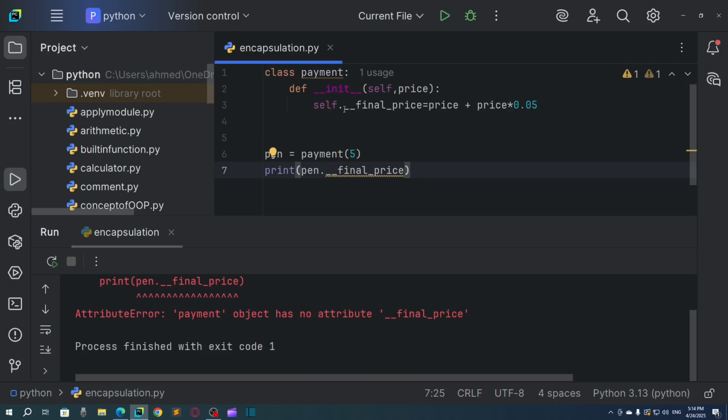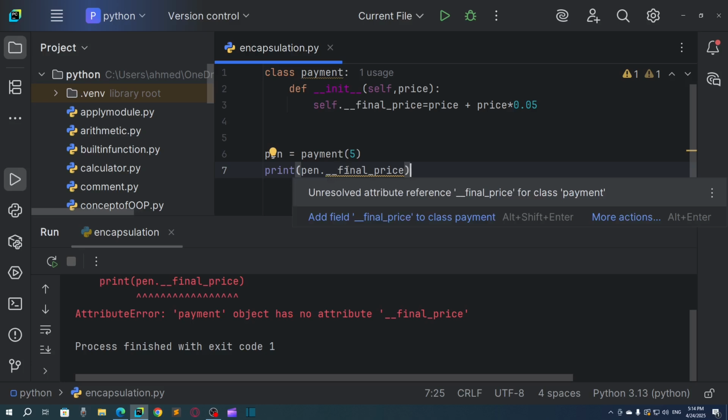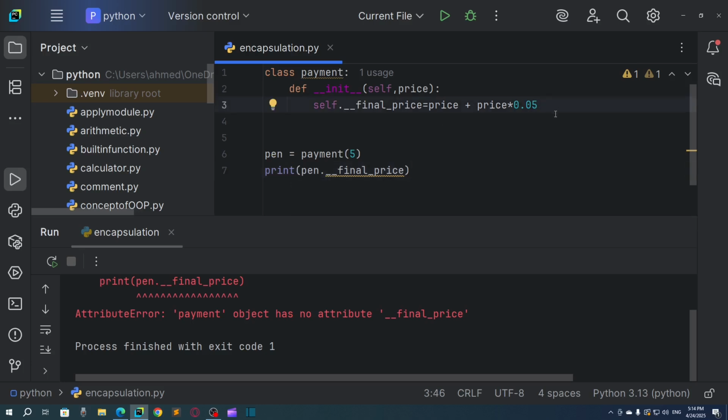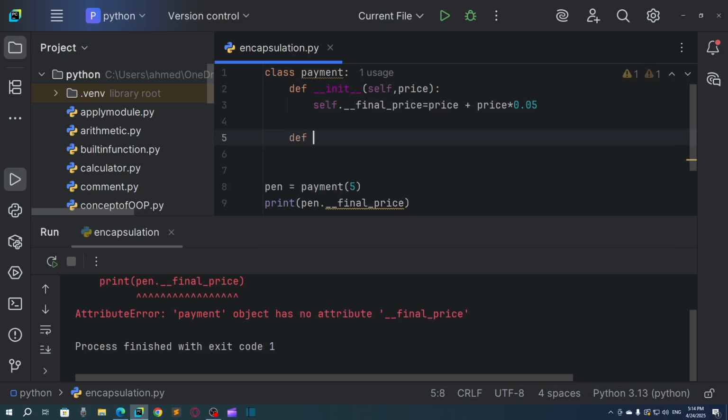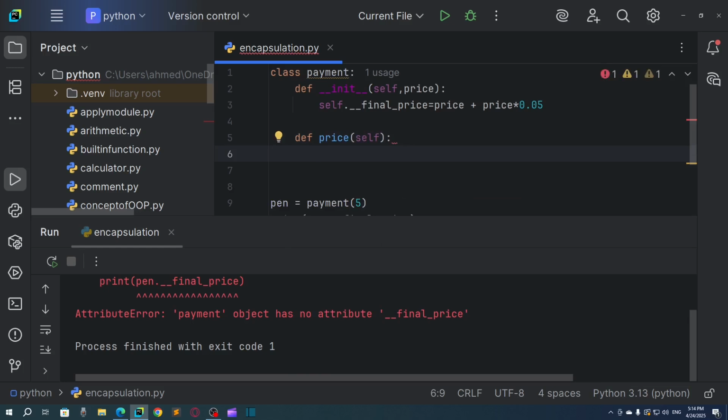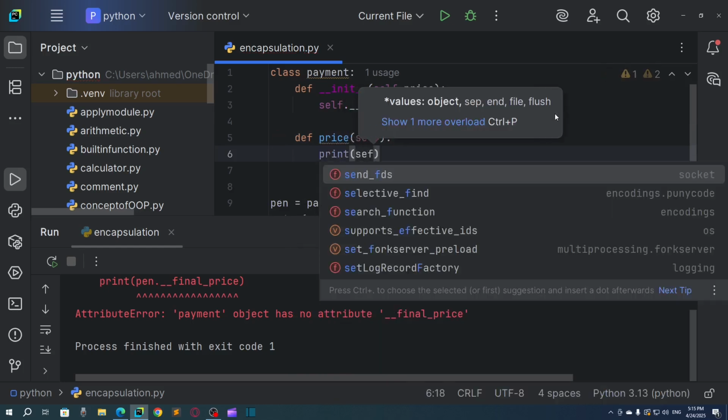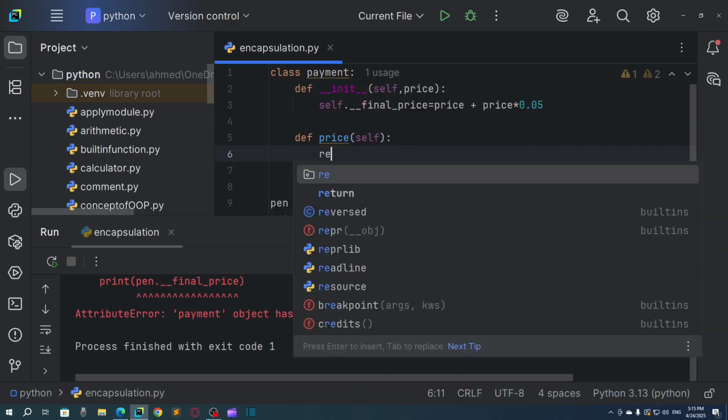Because now the variable is private, so I cannot actually get the value, right? So to get the value, I need a function, okay. Let's say I don't want to access the variable from the outside, I mean through the object, but I want to know the price, so I can define a function. Let's say I want to know the price, okay. So price here, and I can actually return it, right? Return